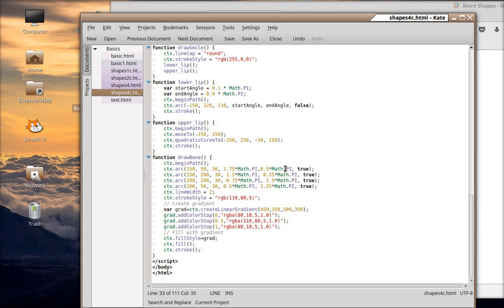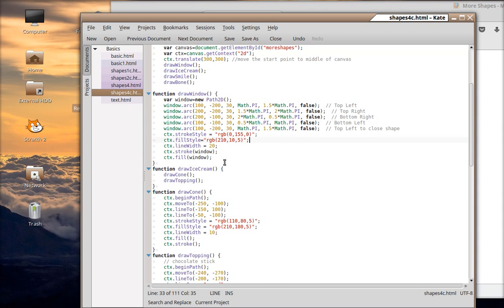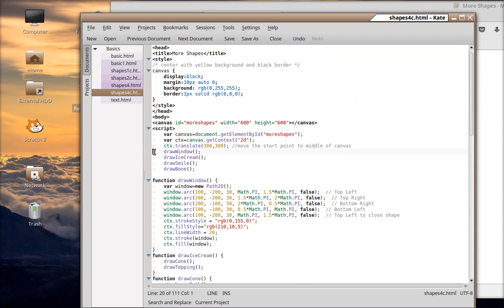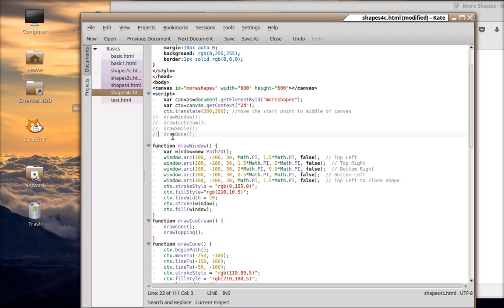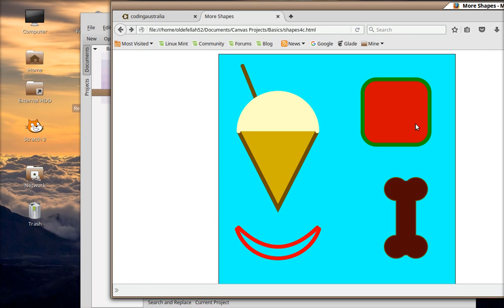And then finally, the bone. Now, this one you can probably work your way through. You can comment bits out. That's the best way to see what's going on here, is just comment pieces out. So comment everything out up here and just focus on the bone, as you put the script in. So if you create the bone, just the bone,